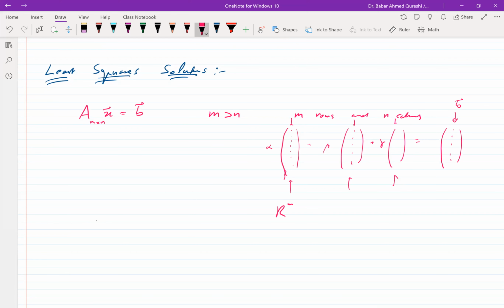So you have only some small subspace where these guys live, and this vector could be living anywhere else. Unless it falls in that subspace, you will not have the solution. This is one of the fundamental conditions for solutions to exist, that the linear combination of the columns of A gives you this B. So as we had discussed, we do not expect a solution to exist when m is greater than n. Only for very special values of B do you have a solution. But you can find